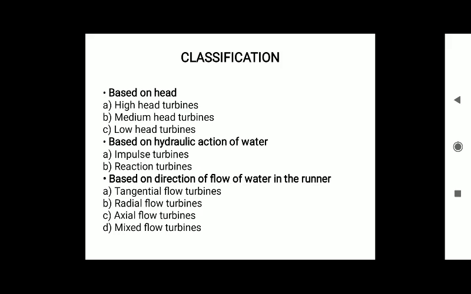So am I clear to all? I think I am clear, because I have explained that mixed flow turbines are those in which the water comes in perpendicular to the axis of rotation of the shaft and gets out of the runner parallel to the axis of rotation of the shaft. This is the basic classification of turbines.